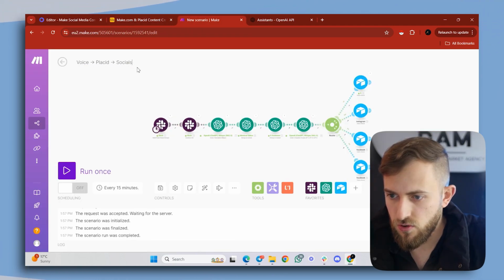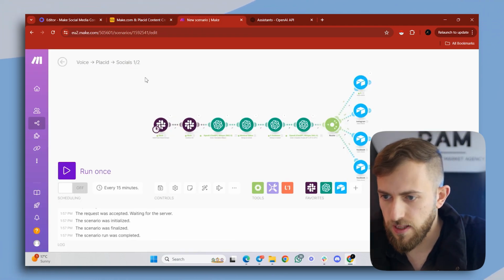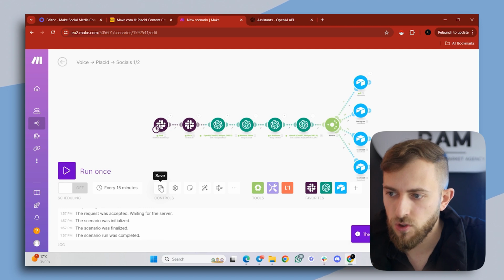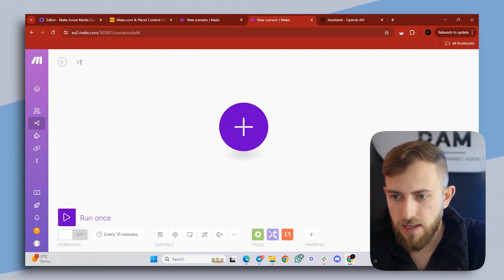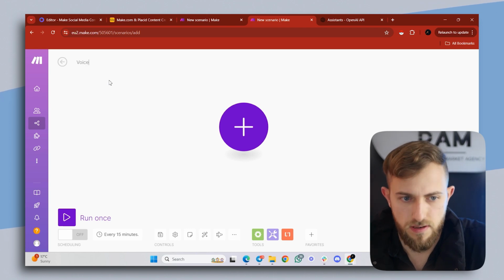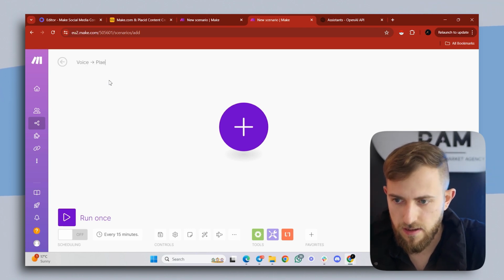Actually, I'll rename this to 1 out of 2. Fantastic. And I save it. Cool. So for the second part of the automation, let's start building it out. And I'm going to name it voice to Placid